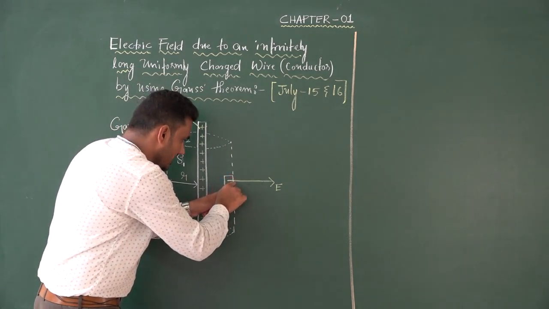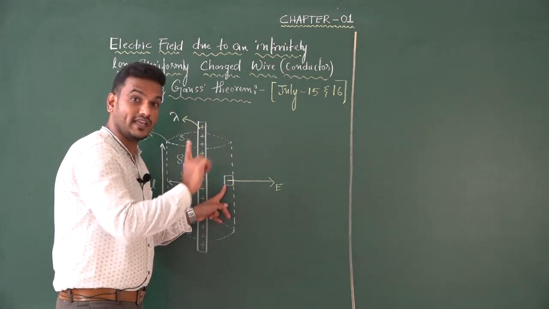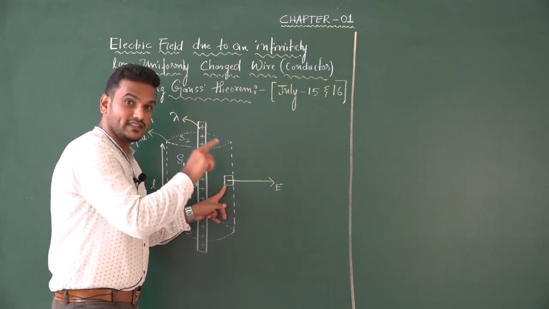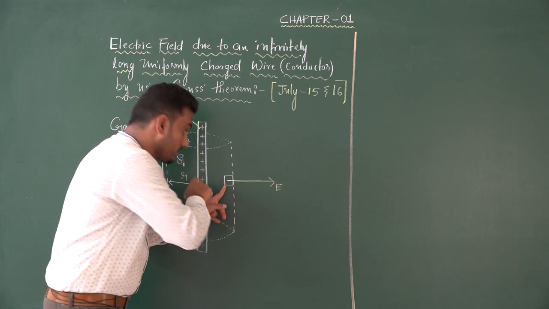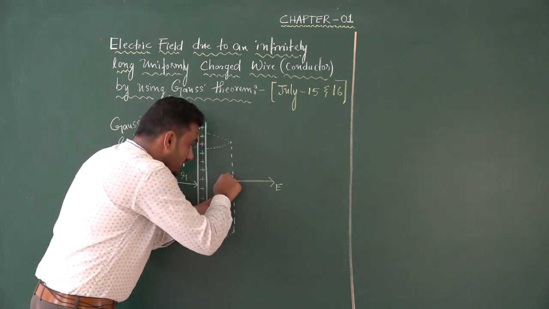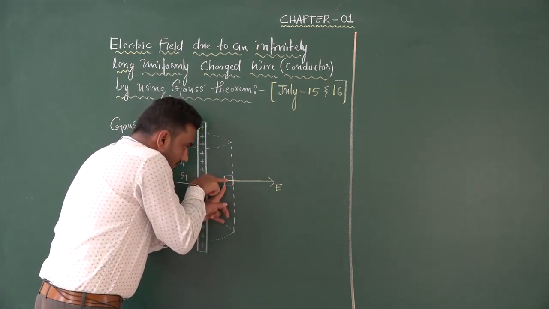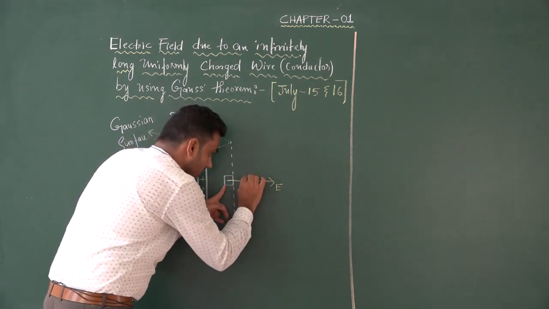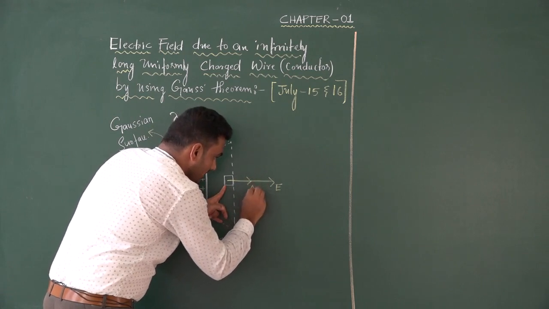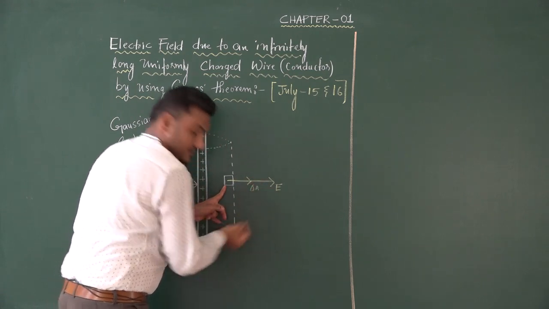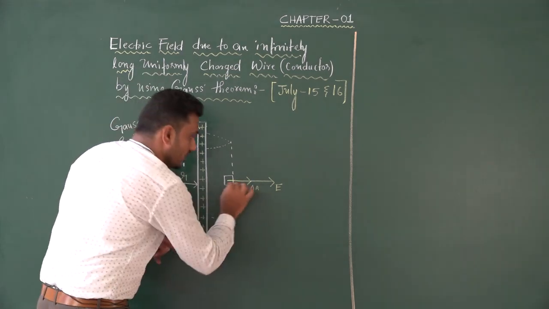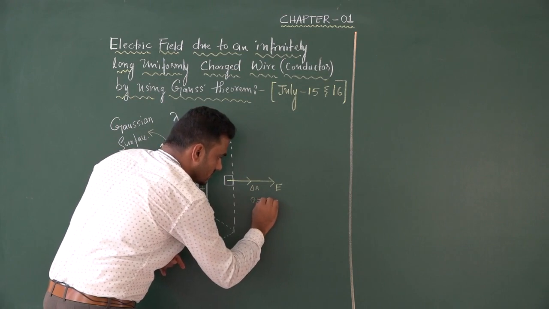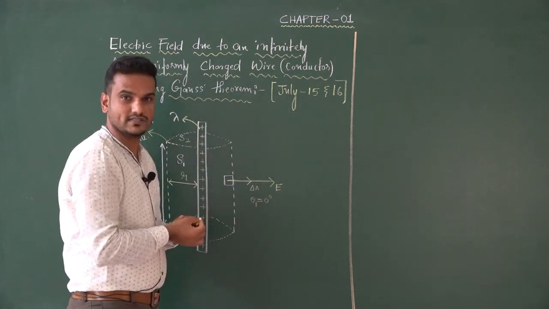Now to this area element I am going to write one area vector. What is area vector? Area vector is nothing but the line drawn perpendicular to the area element. To this area element I am taking one perpendicular line that gives the area vector. In the same direction only, that is delta A or delta S, you can write. Look at this, both are parallel to each other. So for this I can give the name theta 1 is equal to 0 degree.